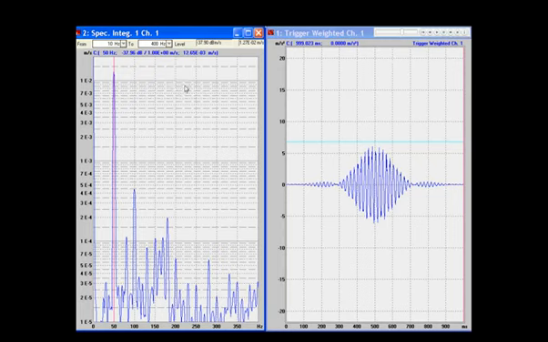So with a Hanning weighting window, that reading was 12.2 millimeters per second. With a flat top weighting window, it's 12.6. The reading has gone up slightly. So we use a flat top weighting window when we want good amplitude accuracy. I've kind of rushed that a little bit. We'll zoom in just to finish.